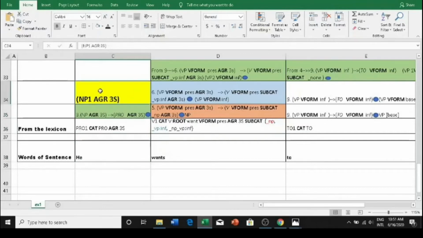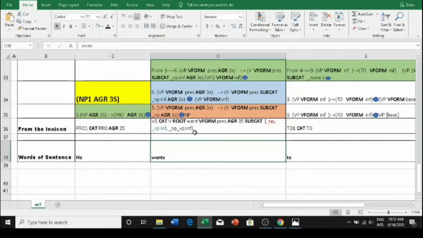So we will generate a constituent from this match, and the constituent is the left hand side of the production numbered 3, right? And if you see the constituent, it is a noun phrase. We will name it as NP1. And what are its feature values? It has only one feature, AGR, so AGR is 3s. So that is the constituent we generated for he. Okay, it is a noun phrase with AGR 3s. Now we will move to the next word in our sentence.